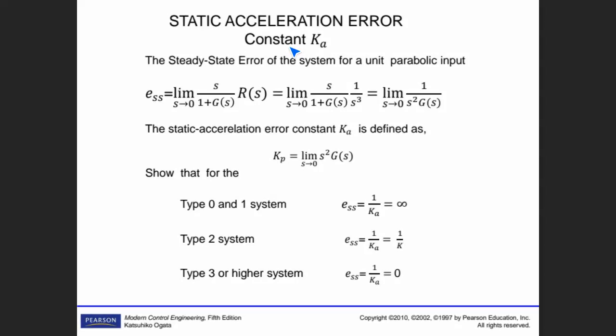The derivative of the step is ramp, and the derivative of the ramp is acceleration. So the acceleration constant is also calculated like this. In that case, it is power of 3 here. So these values, we are going to use those Kp, Kv, Ka and things like this,